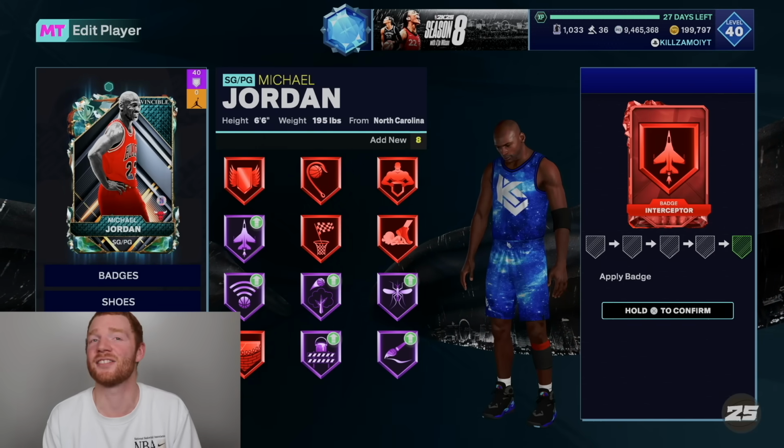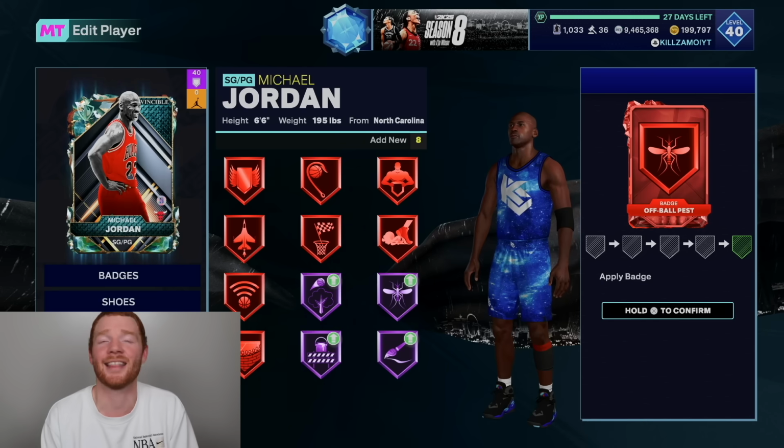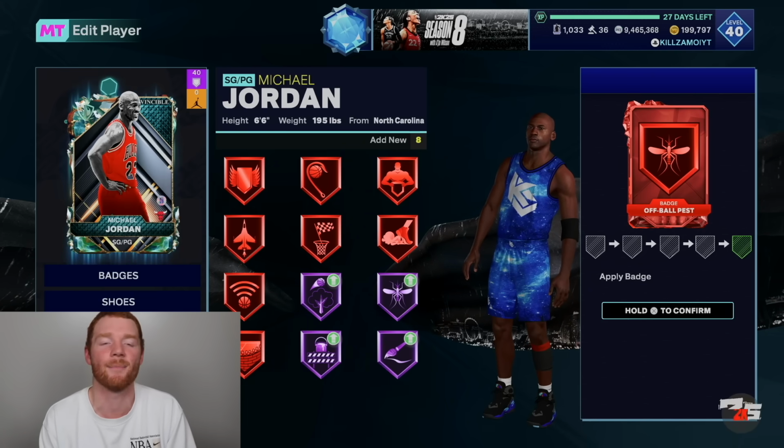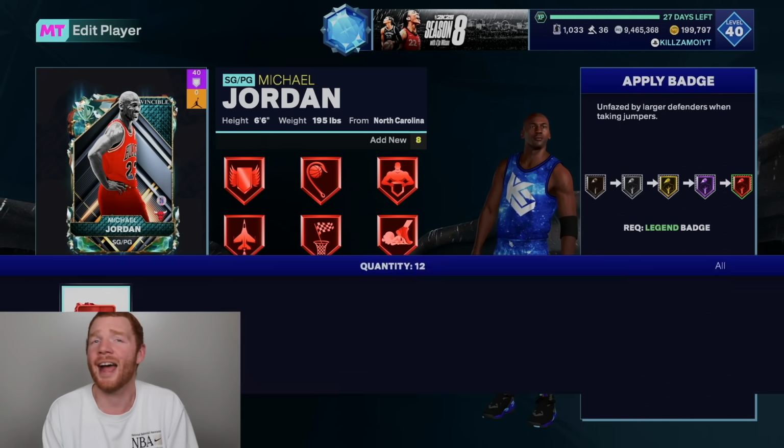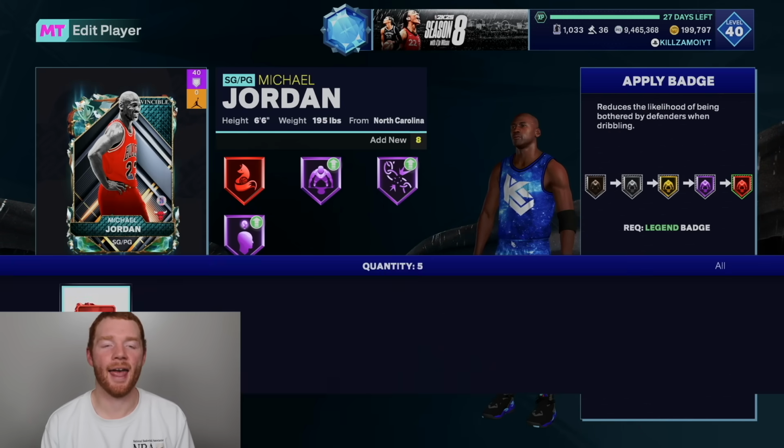It is kind of sad that there's not a crazy one like there used to be last week with Zach Edey and players like that. It's literally just Michael Jordan, Draymond Green, Manu Ginobili, and Chris Bosh, but they are still very good cards. Now we only have 4 legend badges left to add, so let's add every single one of these, and now